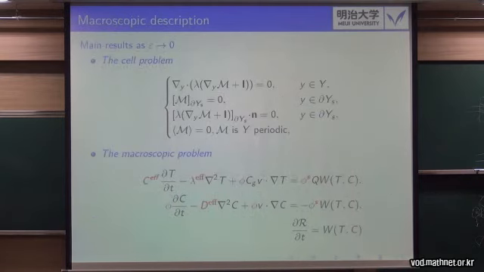So if we do this, our result is as epsilon goes to 0, because in the expansion we are mostly interested in the first term of the expansion. As epsilon goes to 0, we obtain the following problems. The first problem here